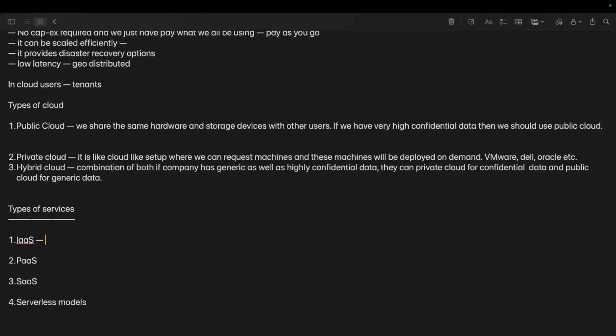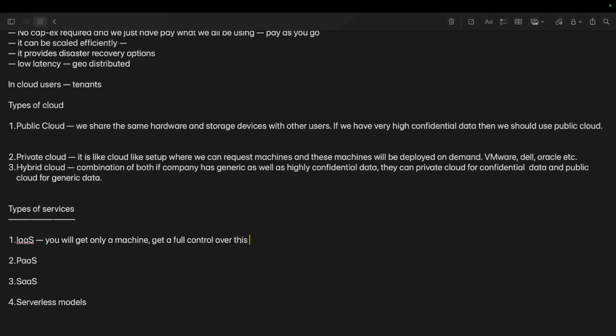Infrastructure as a service is like renting a computer over the internet. You will just get the machine, and you have to install the software. You have to write the code and do development of your application. You will get only a machine, or a server you can say, over the internet. And basically you will get full control